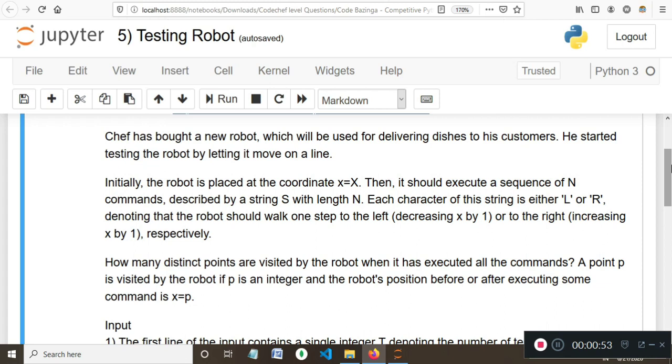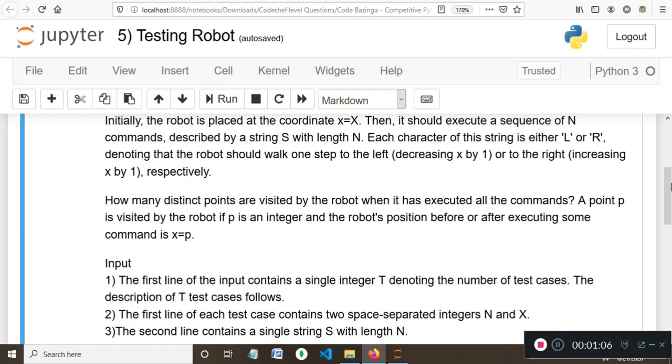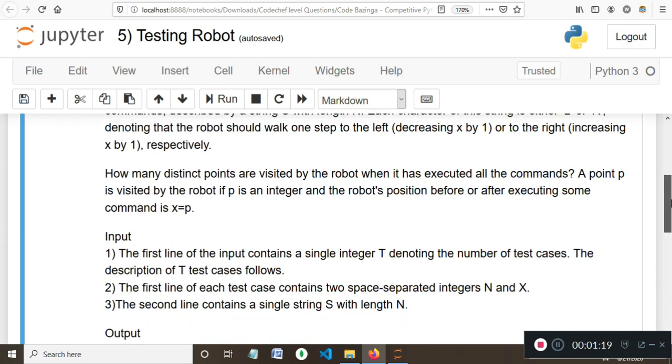Each character of the string is either L or R, denoting that the robot should walk one step to the left, decreasing x by 1, or to the right, increasing x by 1 respectively. How many distinct points are visited by the robot when it has executed all the commands? A point P is visited by the robot if P is an integer and the robot's position before or after executing some command is x equal to P.